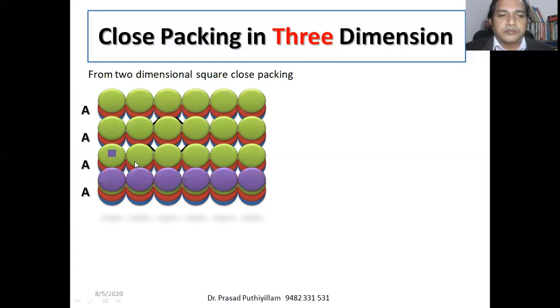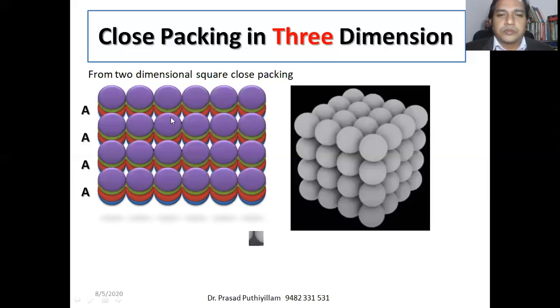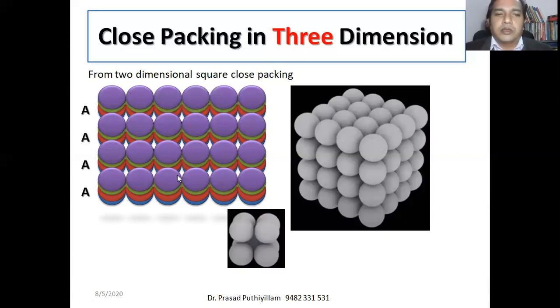And the fourth layer also. Okay, so those four layers, if we take a better three-dimensional image, it will be like this arrangement. The first layer, above that, exactly on those spheres, the set of spheres are arranged. Or if I take one small piece of that, you can see it looks exactly like a simple cubic close packing. Therefore, from AAA type square close packing, if you continue that AAA type arrangement in 3 dimensions, we'll be getting a simple cubic close pack structure.